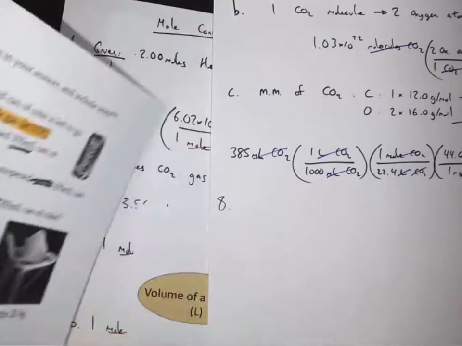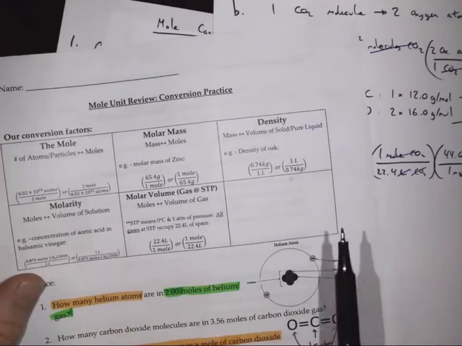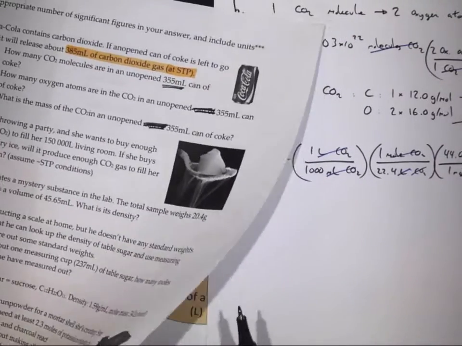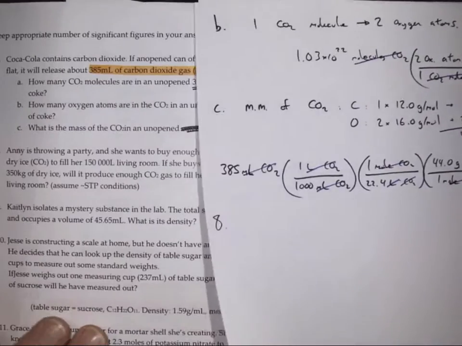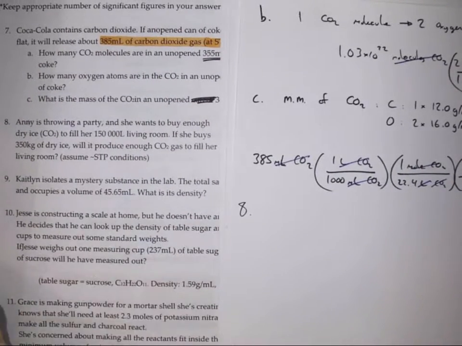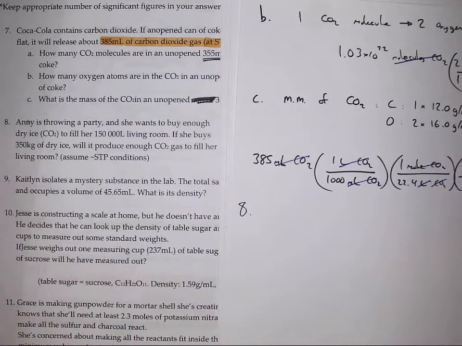Work through our mole unit review. Left off in question 8 here. Alright, so question 8 talks about Annie throwing a party, and she wants to buy enough dry ice to fill